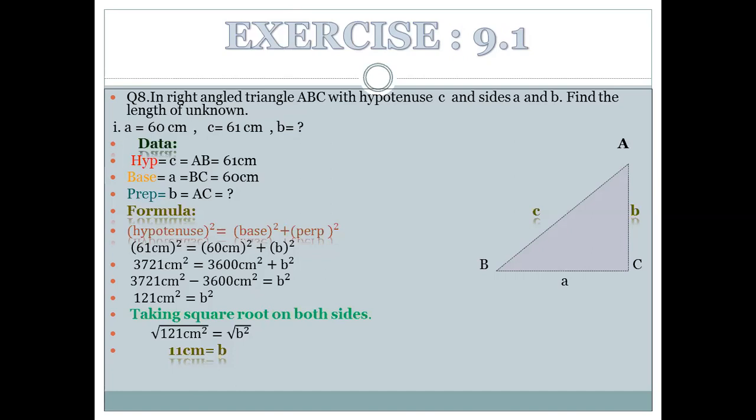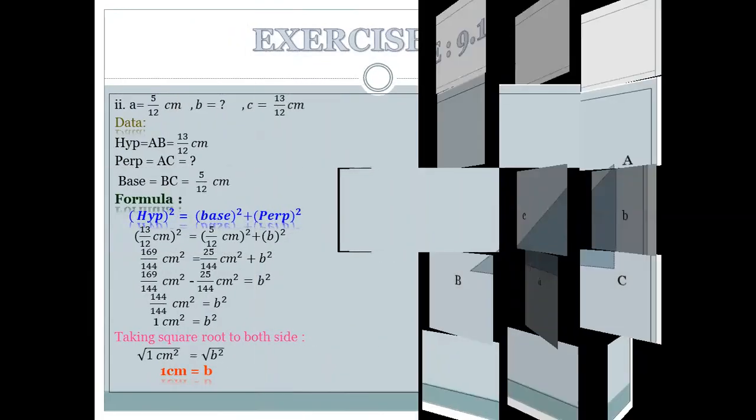All the questions and all the parts are the same because we only apply the Pythagoras theorem here. In some parts, I told you in the beginning that sometimes the base is unknown, sometimes the perpendicular is unknown, and sometimes the hypotenuse. Otherwise, the formula and the method will be the same for all the questions. Only according to the statement, you will draw the diagram and calculate the unknown numbers.